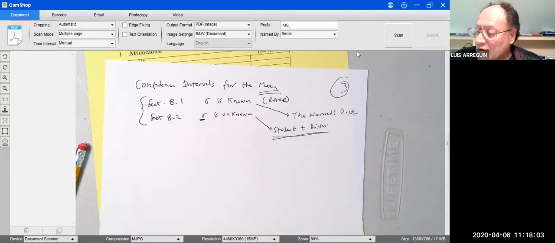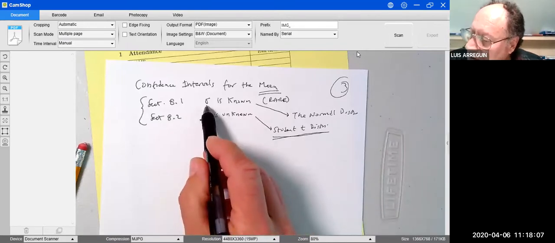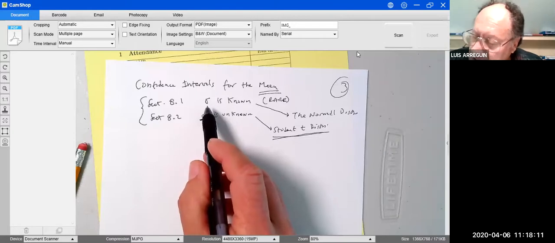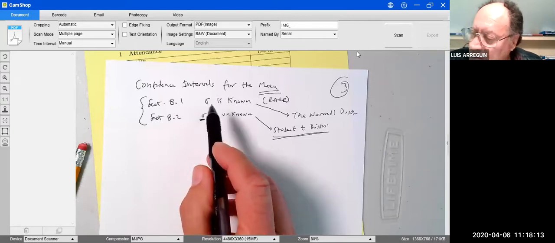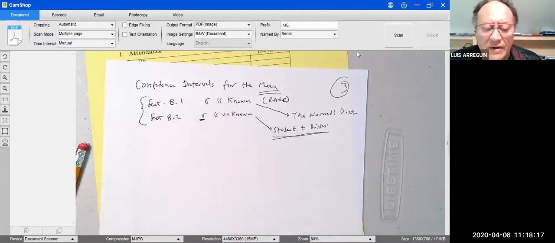But you need to read carefully. Sometimes the standard deviation of the population is given. Remember, the standard deviation of the population is not the same as the standard deviation of the sample. So be careful, read carefully. And if you read carefully, you're going to solve all the problems very well. So let's start then